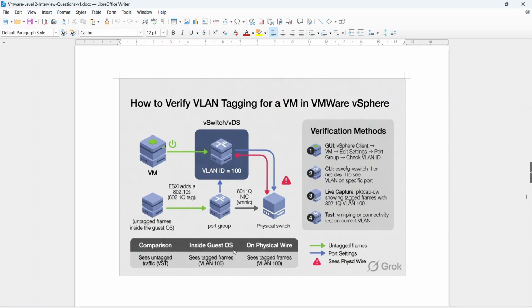That is how the tagging is done. This tagging can be done at the physical switch level. Yeah, you can do it at the physical switch. See, in a VMware environment,